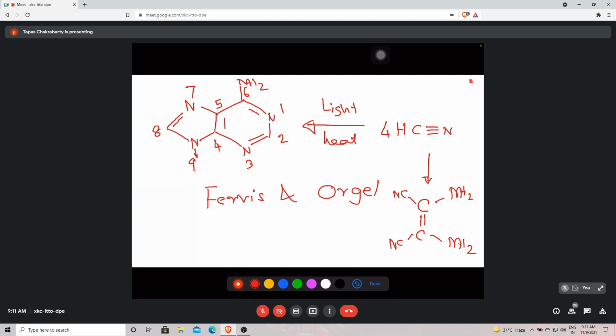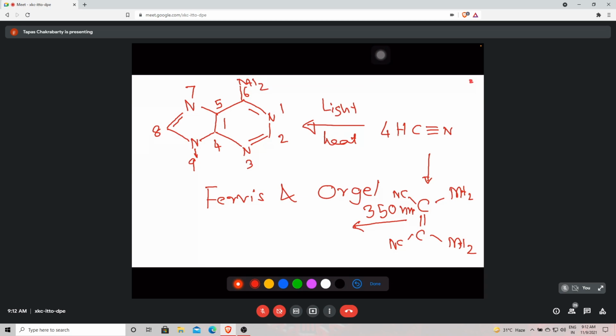Now, starting from hydrogen cyanide, they identified not only a very small amount of adenine, but also this intermediate, for which the yield was relatively larger. When the experiment was done separately in the laboratory, you start from diaminomalononitrile and shine ultraviolet light. Ultraviolet light is quite abundant in the laboratory, and is even present in the atmosphere. So if it is shined with light of around 350 nanometers.